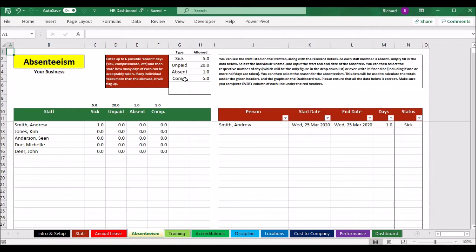And then compassionate leave. What about compassionate leave? You can put in up to 6 different leaves. I don't know what you have in your HR policies, but you can put up to 6 different types of leave that people could take, and how many days are acceptable or allowed in that column. And then all you do is simply, when one person takes any of those particular days, select the person's name,